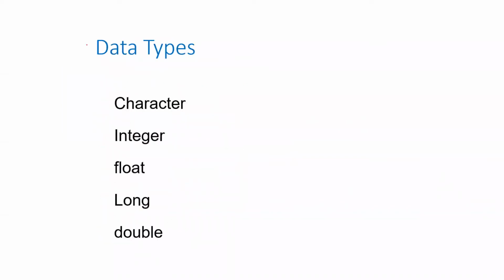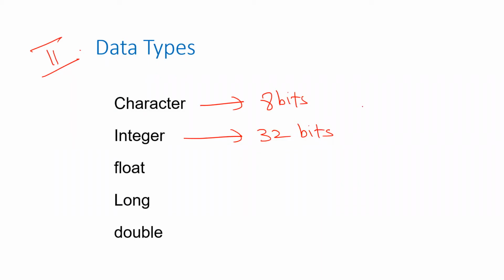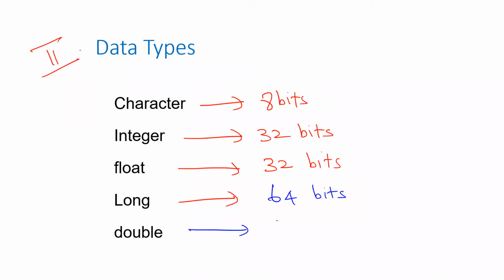And here comes the second part, which is the data types. Character data type in the LPC 2148 C compiler is 8 bits long. Integer is 32 bits long by default, unless it is the 8-bit variant, where it is 2 bytes. In the 32-bit variant, it is 4 bytes. Float is again 4 bytes, 32 bits. Long integer is 64 bits, which is 8 bytes. The floating point double variant is again 64 bits. So in terms of bytes, a character is a 1 byte data type.